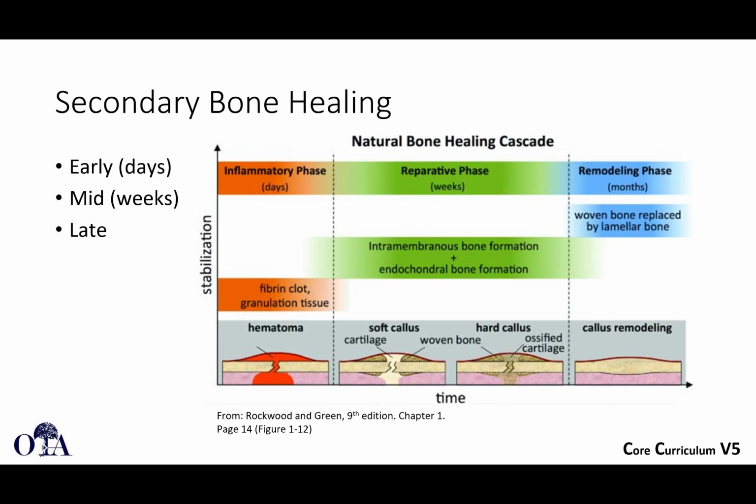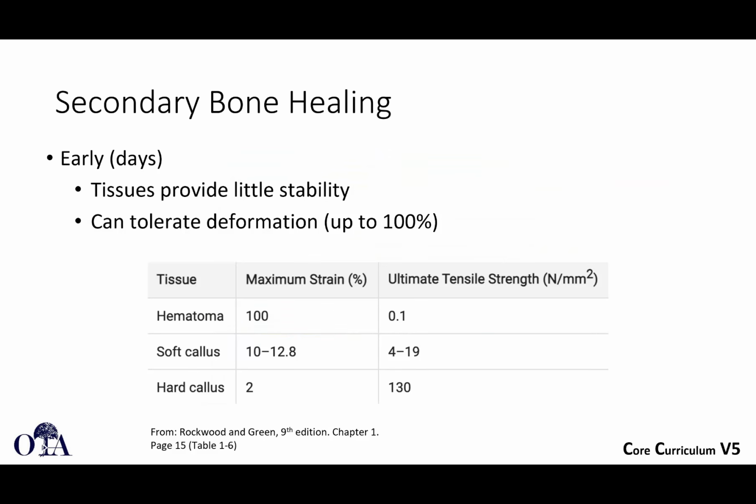We have cartilage formation through this immature woven bone that eventually becomes a hard callus. And ossified cartilage, and then eventually over time that's replaced by lamellar bone in a remodeling phase. So those are the 3 phases. That second phase is sometimes broken down into a soft callus phase and hard callus phase to make it 4